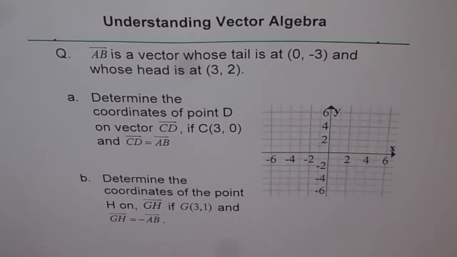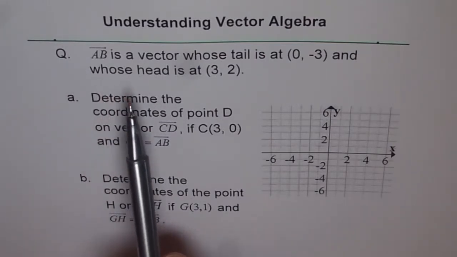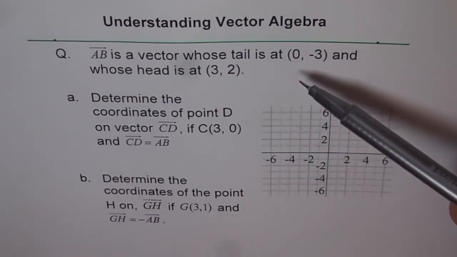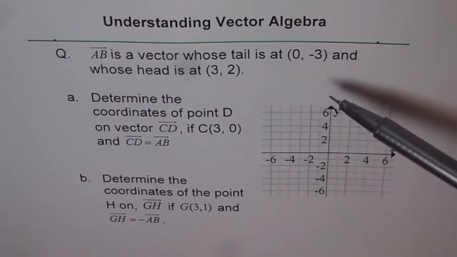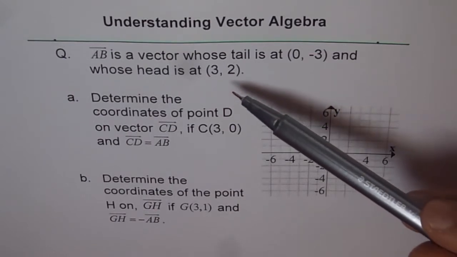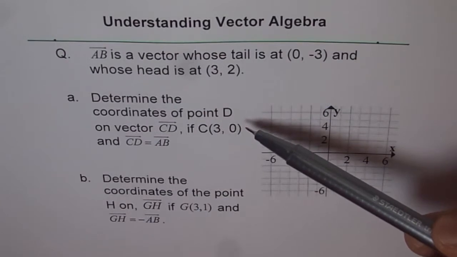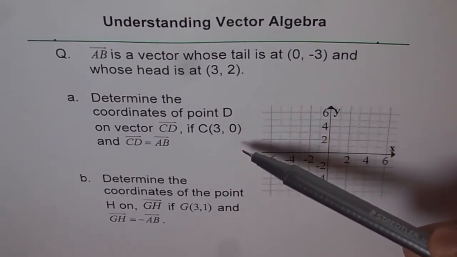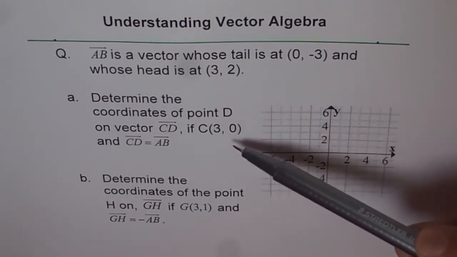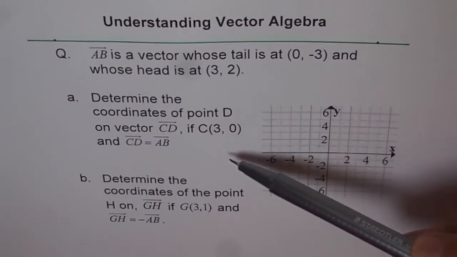Understanding vector algebra. Here is a question for you based on the previous video which we did, and I hope you understand and are able to do it. The question is: AB is a vector whose tail is at 0, minus 3 and whose head is at 3, 2. Determine the coordinates of point D on the vector CD if C is 3, 0 and CD is equal to